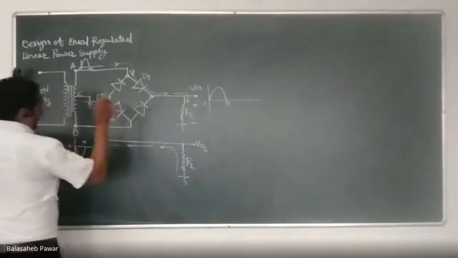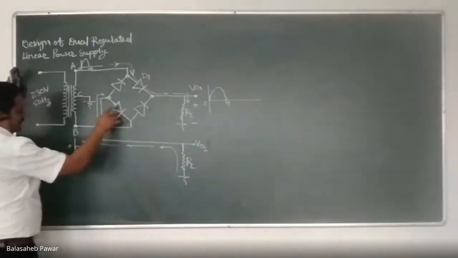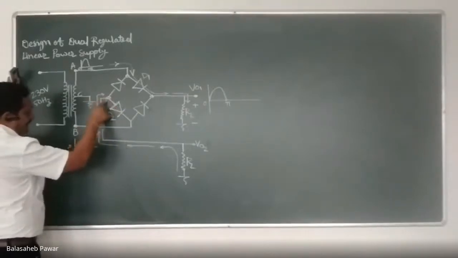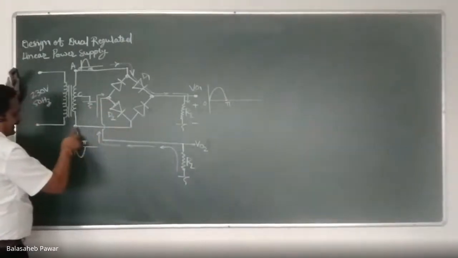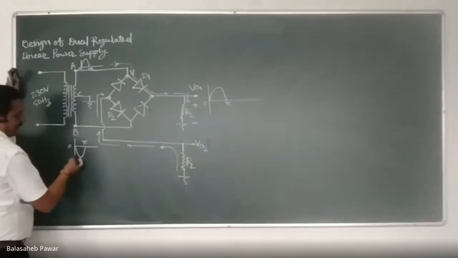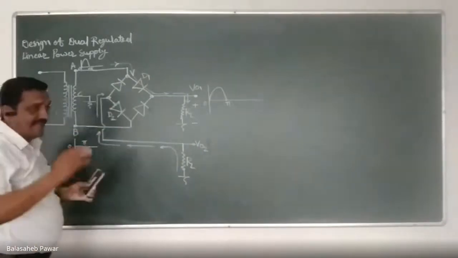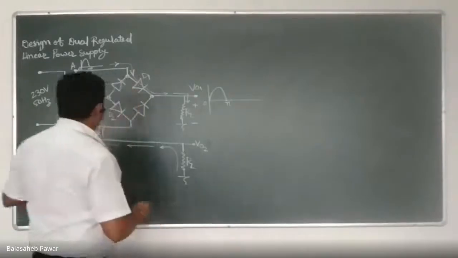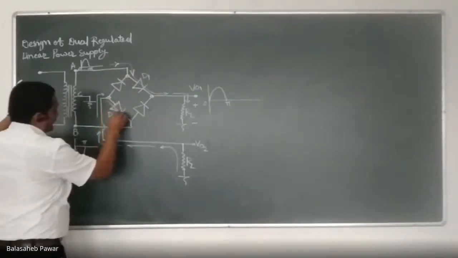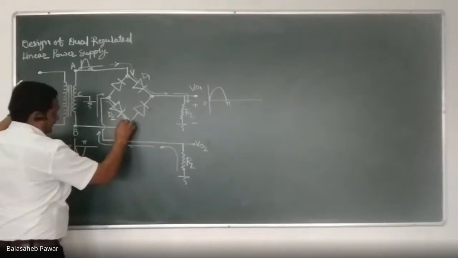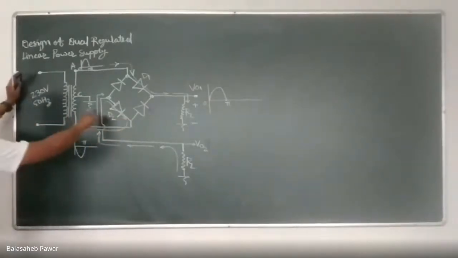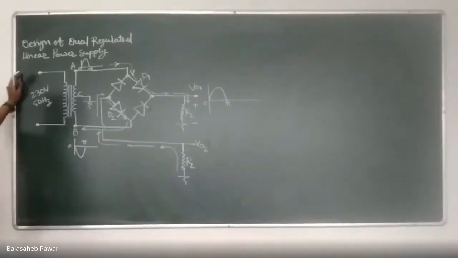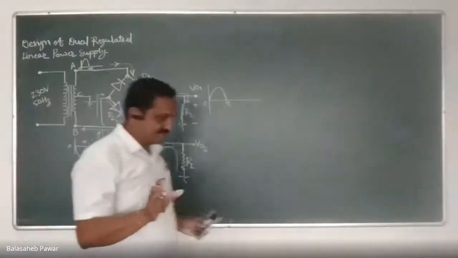Why do I say diode D2 will conduct? Because first of all, positive potential is applied at its anode terminal at this node, while its cathode, if you observe, is connected to B, which is at negative potential. That means we can say diode D2 is highly forward biased. And that's why the current will start to flow through diode D2 like this. And again, we come back to terminal B, because terminal B is at negative potential. Agree? Are you getting it?